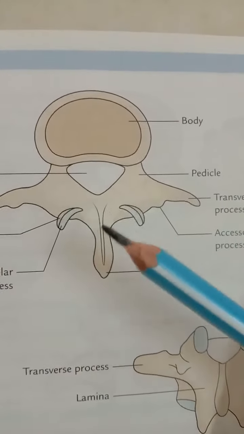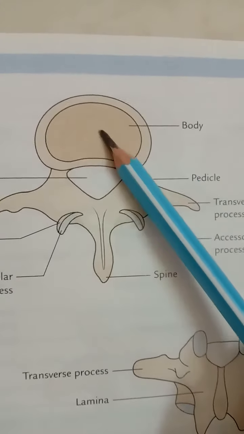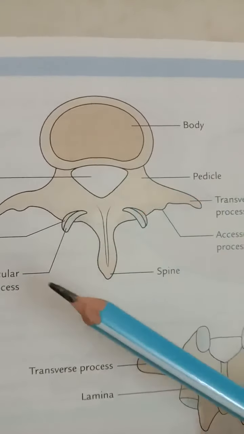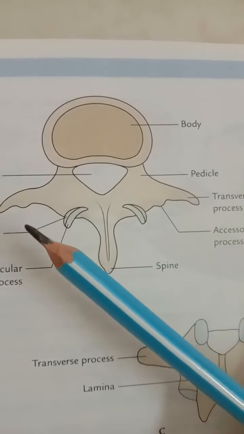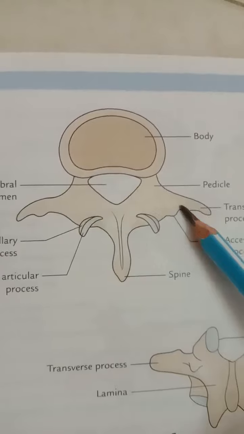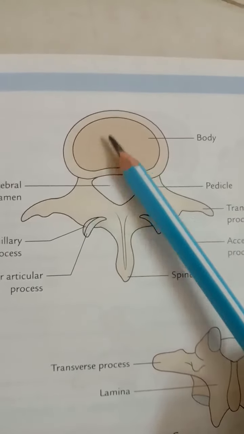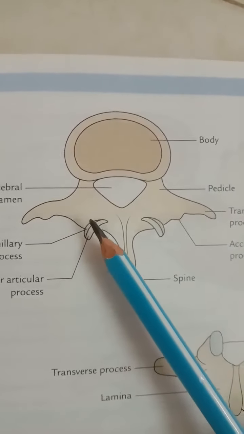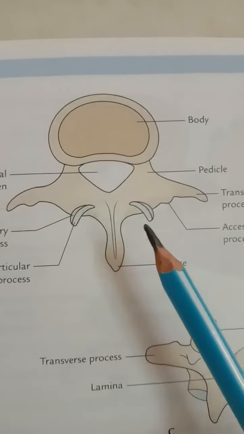Then the secondary centers, they are 7 in number. That is one for the upper surface of the body, one for the lower surface of the body, and two for the tip of the transverse process, one for the right side and one for the left. So that is 4. This is the body for upper and lower surface, that is 2, and 2 for the transverse process. Then 2 for the center for each mammillary process.